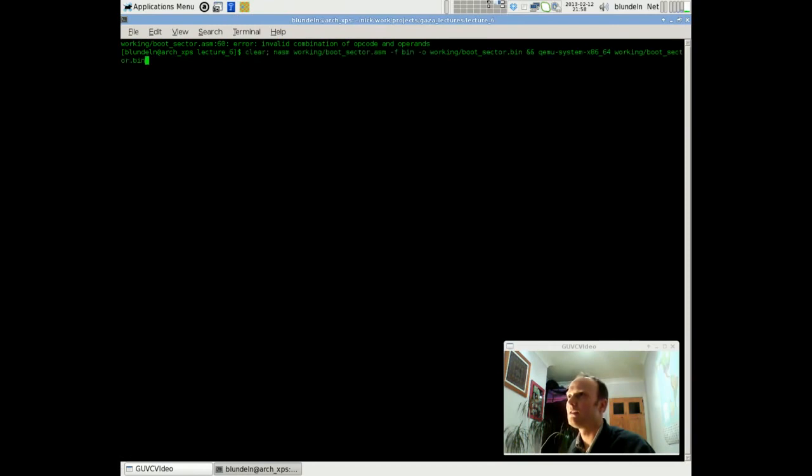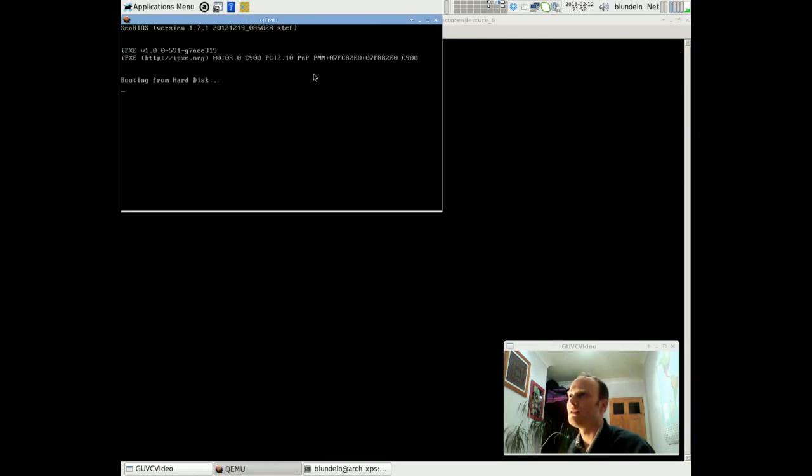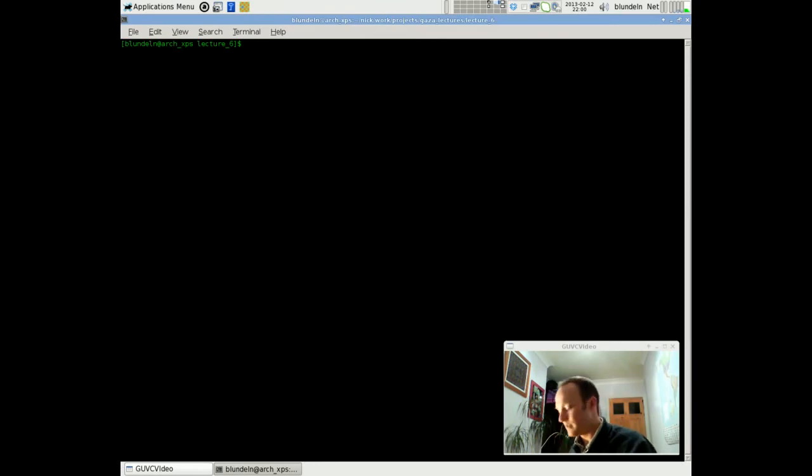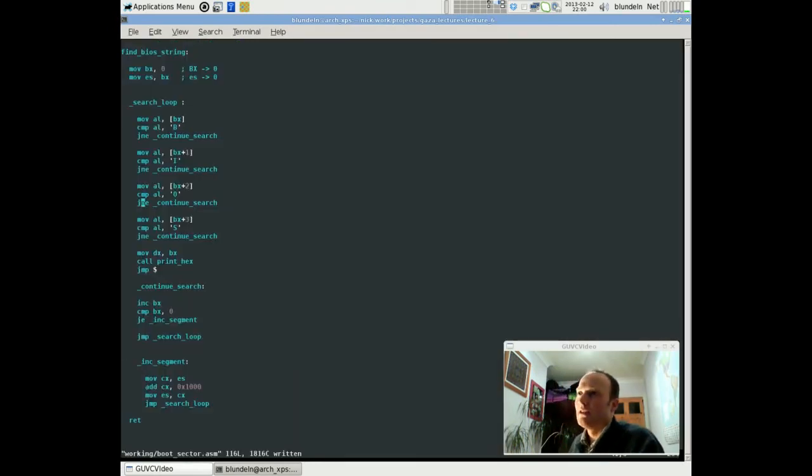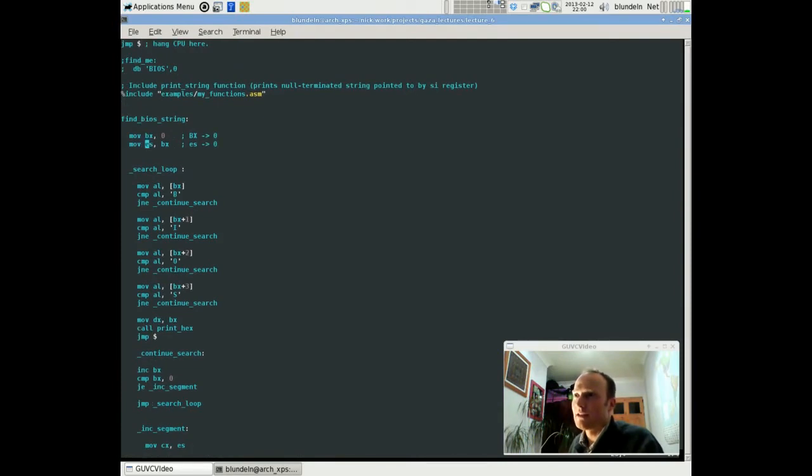Looks okay. So we start searching. It's not found anything yet. It should be able to search through a megabyte of memory quicker than that, even in an emulator. So something's not right. And what's happening is that I'm using this ES general purpose segment register, and actually